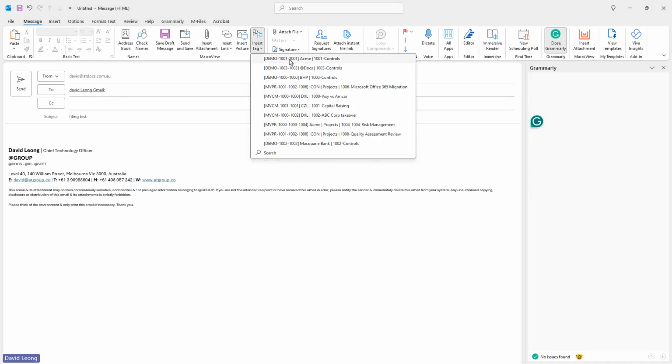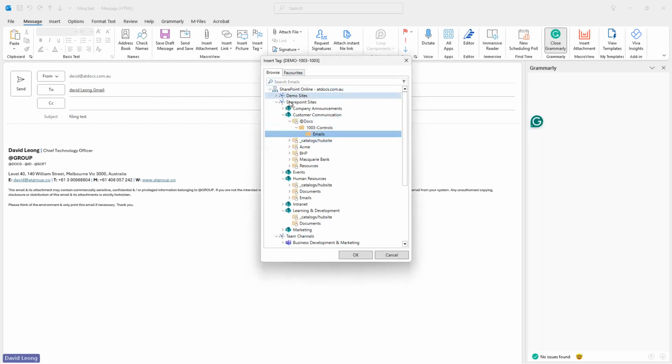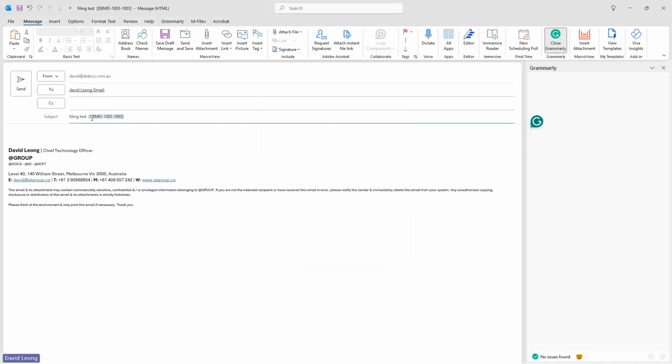These are tags that I've recently used, but I can search and I can just identify where I want that saved. In this case, I'll put it back into the @docs email area. Now I'll insert that subject line. So I send a test email.